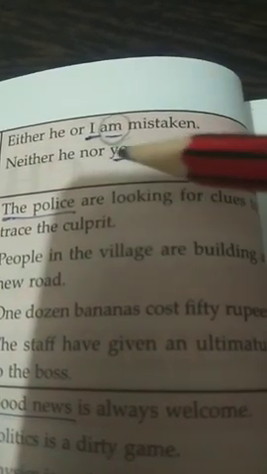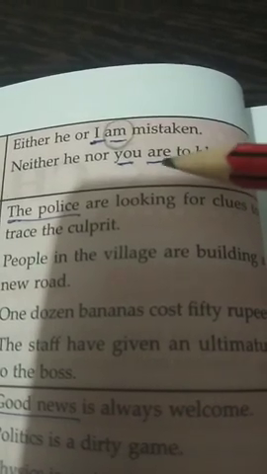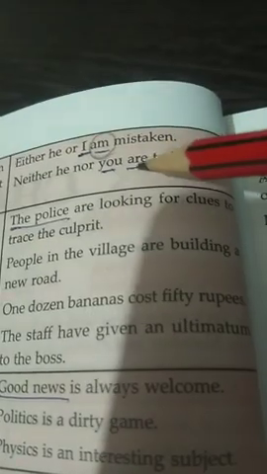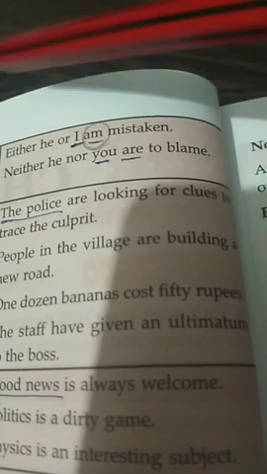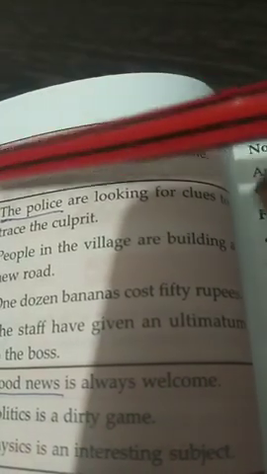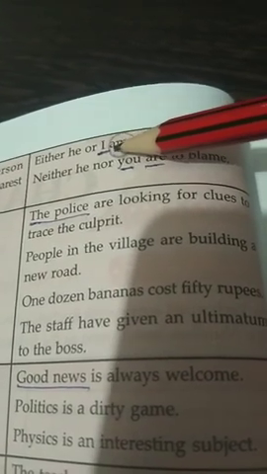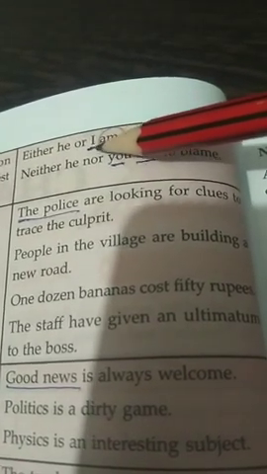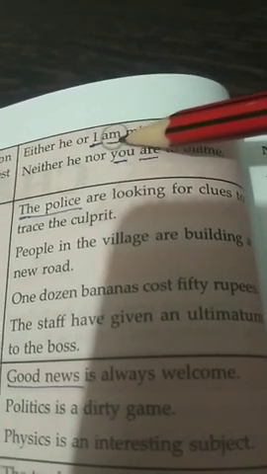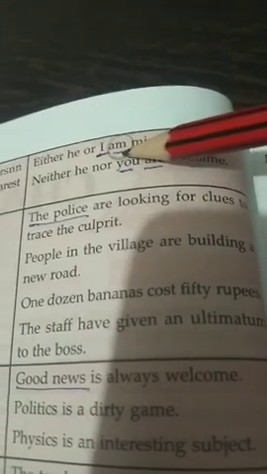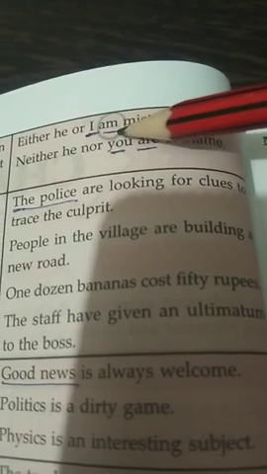Neither he nor you. You are. Here is the verb. It is plural in what? In the second case, you can see it is plural in form. Here, the verb agrees in person with the one nearest to it. In the first case, I is nearest to the verb. So here the verb is what? As I is singular in form, the verb is also singular in form.